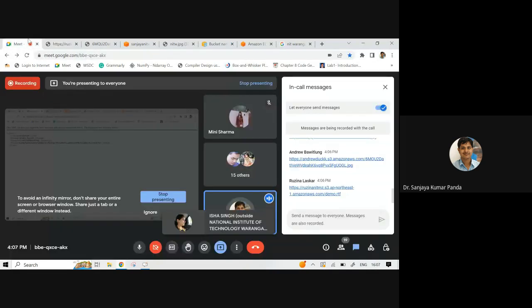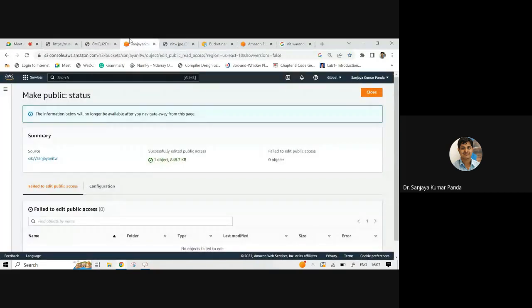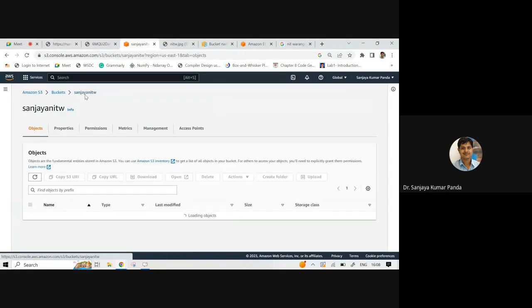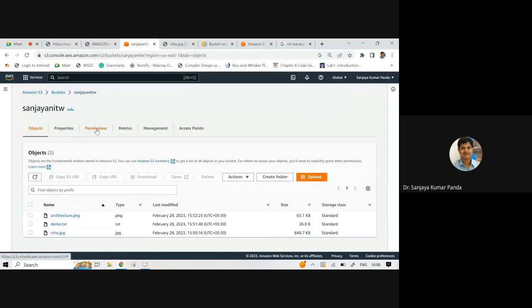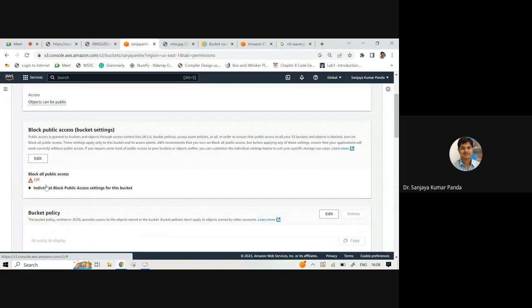Okay, still it is not on. Change the setting. Rujina, change the setting. Yes, sir. I think you have not changed the block public access. So go to your bucket and check two things. Go to your bucket, go to the permission tab, change block public access to off. Block all public access to off. Earlier it is on, by default it is on. Make it off.